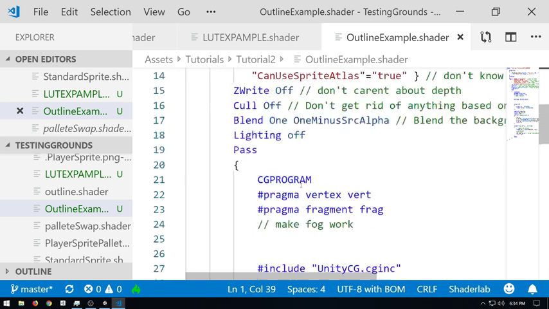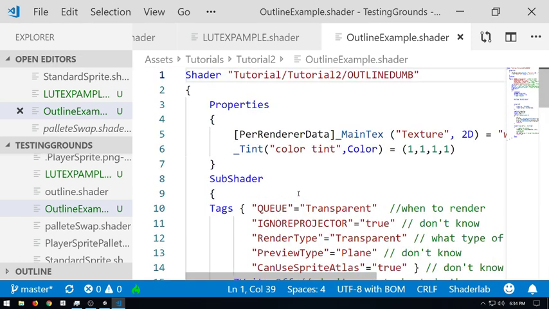Cool. So how can someone give me an example of a good way to do this? Right off the top of the head. Because there's two ways to do this, and I'm going to change the name of outline dumb depending on which one you recommend. Because there is a smart way to do this, and then there's the way I always thought was the actual way to do this. Yeah. Expanding the vertices. That's the way I thought was, I'm going to do that right now, and that is the way I was taught, and there's another good way as well.